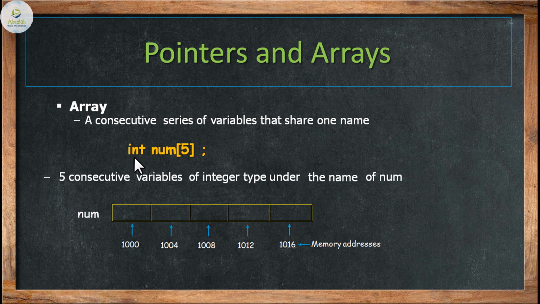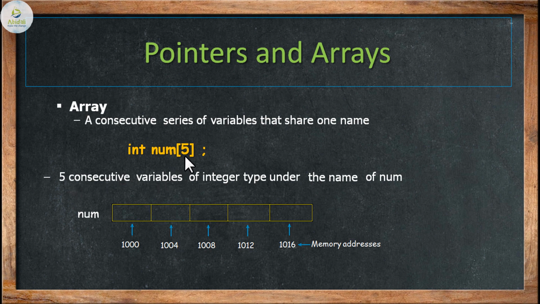A quick recap. Declaration of the variable is done in a similar way, and declaration of arrays should also be done like that. For example, int num[5]. The subscript, or the square brackets, denotes that it is an array. The array is indicated by the subscript, which gives us the size of the array, or the number of elements that can be accommodated in the array.